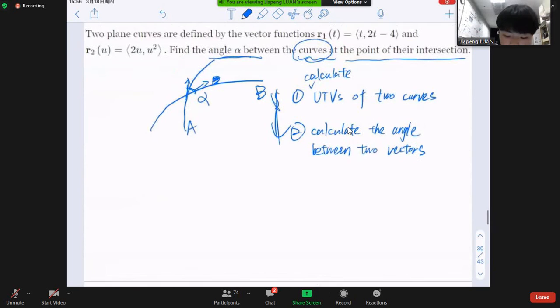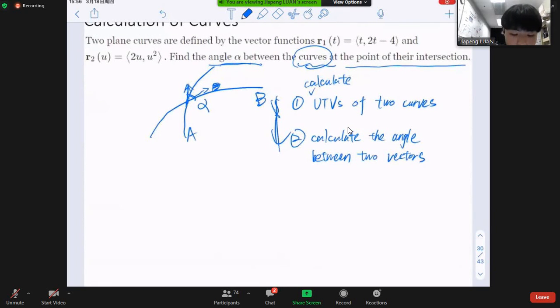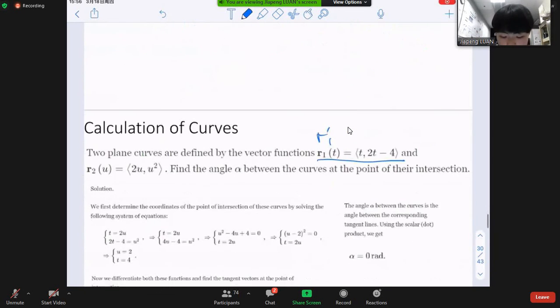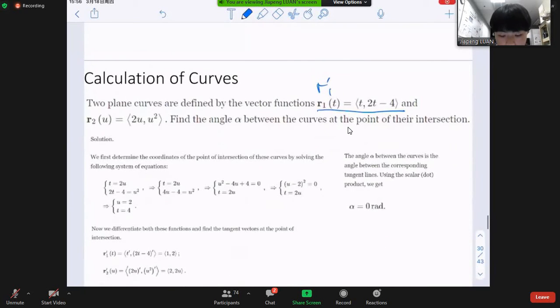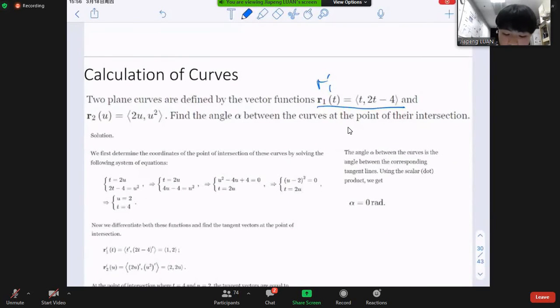No matter whether this is unit or not unit, they can all represent the direction of this vector, right? So it doesn't have to be the unit tangent. So the tangent vector of this is (1, 2), right? And then the tangent vector of this